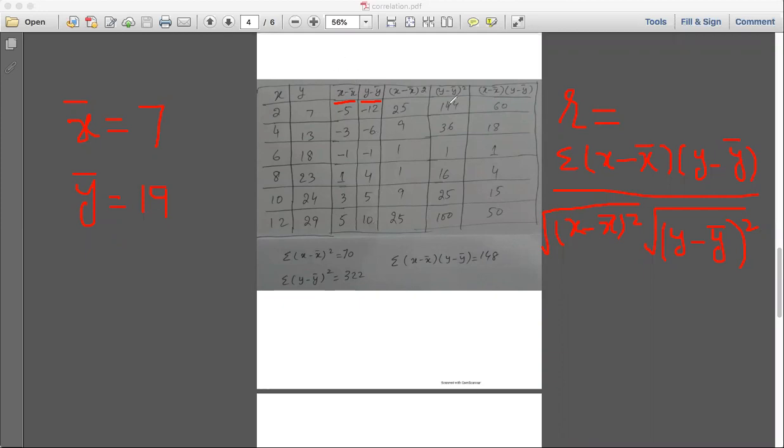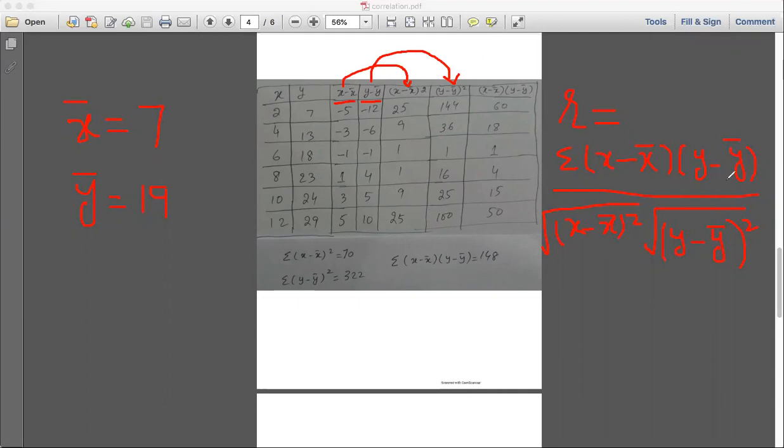So what is next? We also need the square. So we can easily find the square of this one. That is equal to this. Square all the values of x minus x bar. This is the fifth column. You can see x minus x bar square. And similarly, we can find y minus y bar whole square. You can see it, this one. So this we have found out. This we have found out.